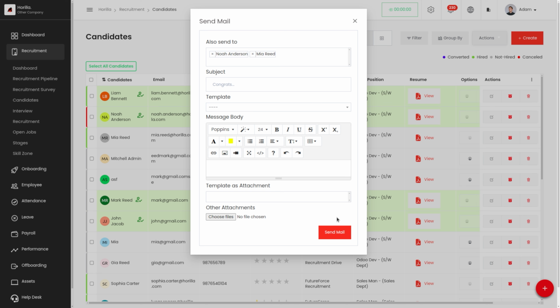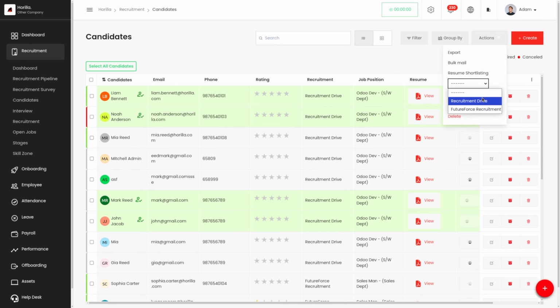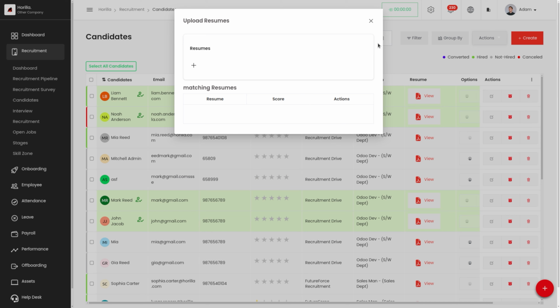Next, we have the resume shortlisting. That is, we'll be able to shortlist the resume based on specific criteria for the jobs. So we can select a recruitment over here. So let's say we have provided a particular skill set for that recruitment we have chosen, and then after choosing a recruitment we'll be able to upload the resumes over here.